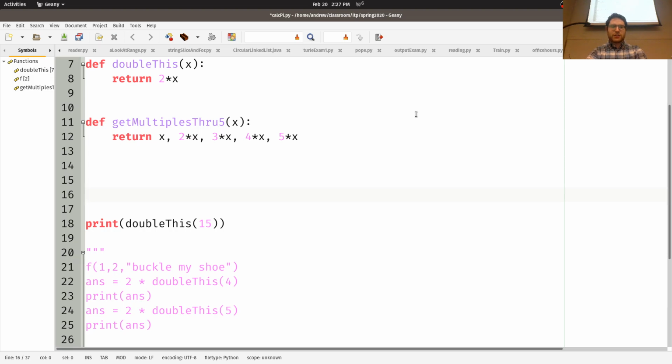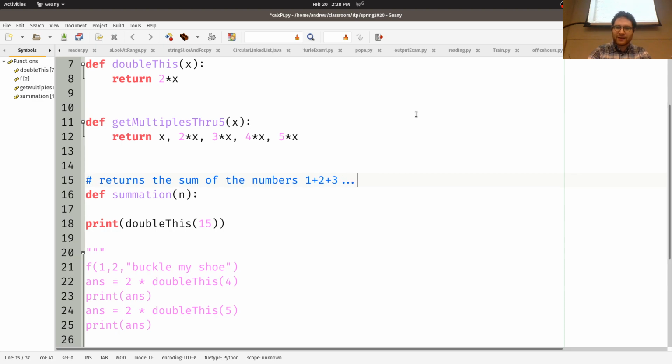So let's talk about the accumulation pattern, as we call it. An accumulation pattern is when we use a for loop within a function to basically add up a bunch of stuff. And we kind of saw that with strings, but here we're going to just do something basic. Def summation n. And let's go ahead and describe what summation does in the comments. Comments, unlike YouTube comments, should be meaningful over here, so we should describe what it does. So returns the sum of the numbers 1 plus 2 plus 3 dot dot dot plus n minus 1 plus n, which if you're taking Calc 2, is probably something that's giving you flashbacks,